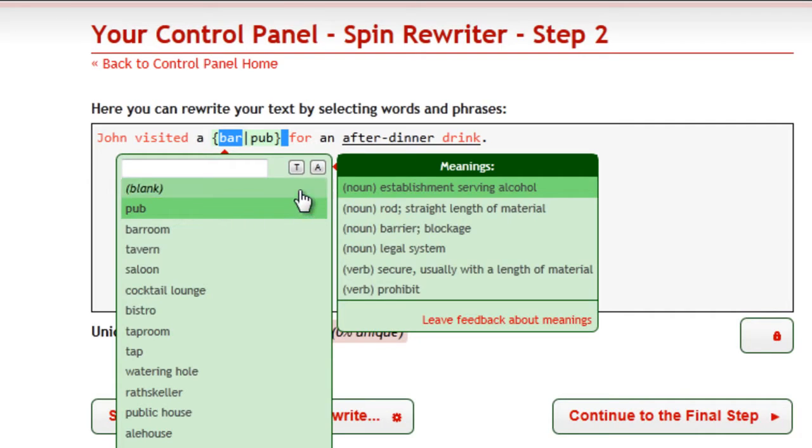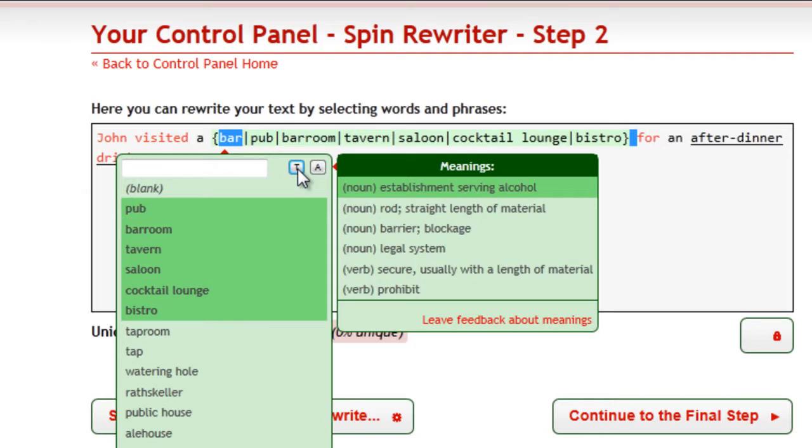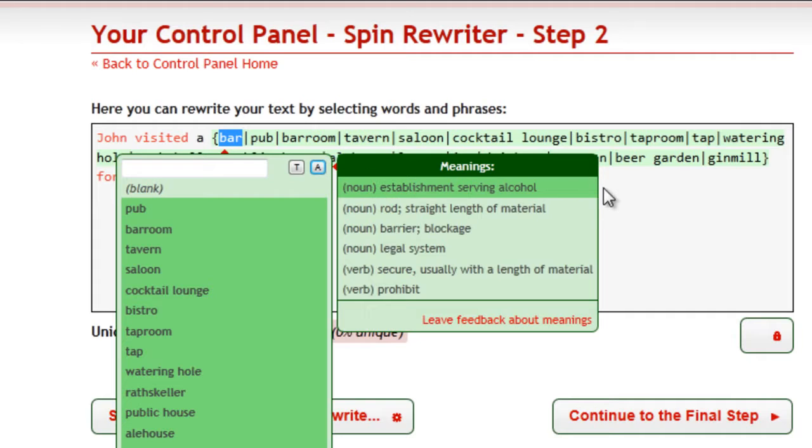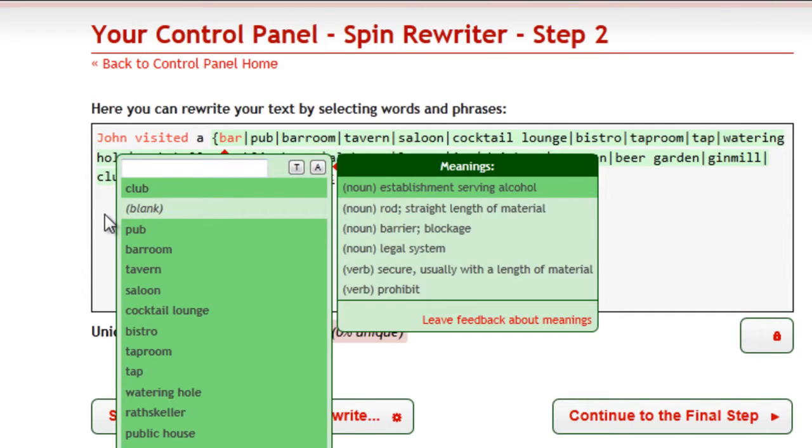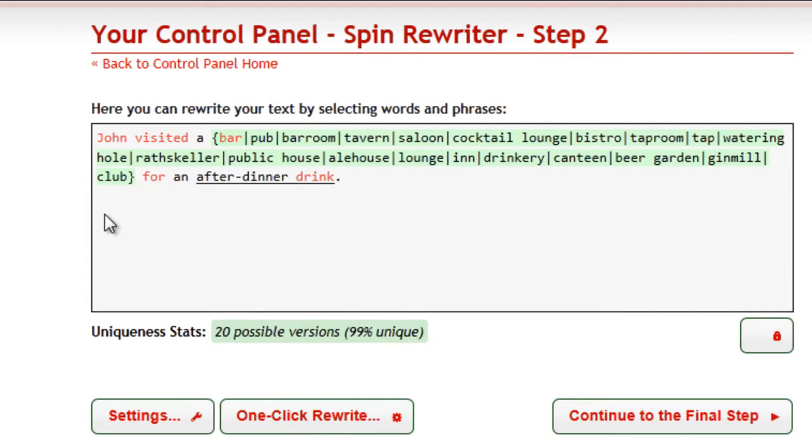You can also use this button to quickly select all top synonyms. With this button, you quickly select all synonyms. You can also add your very own synonyms. Just type them in here and press Enter. Of course, you can also use the synonyms of already existing synonyms, but this is only interesting for the most